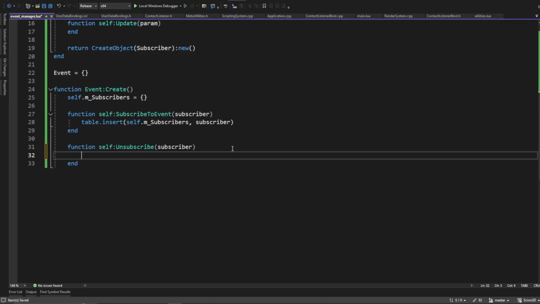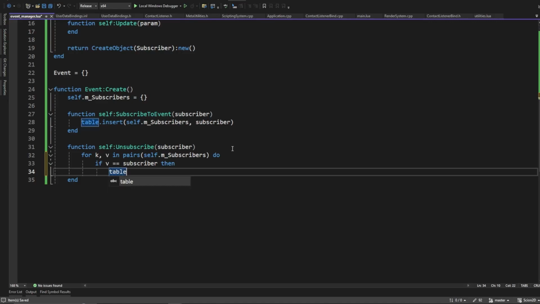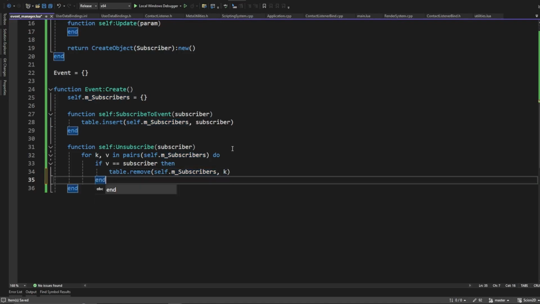And here, we're just going to go for k, v in pairs self.m_subscribers. So we want to loop through all the subscribers and check to see if v is equal to this sent in subscriber. Then we want to remove it. So table.remove self.m_subscribers at k. And